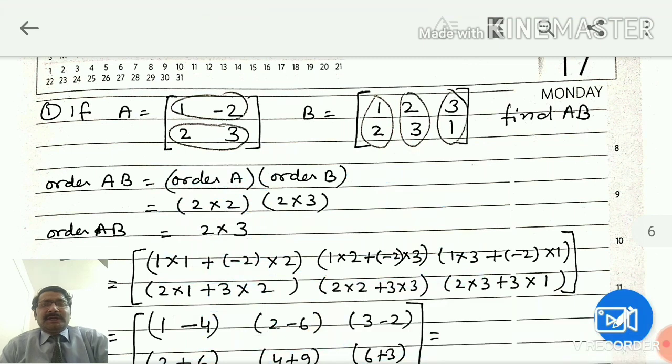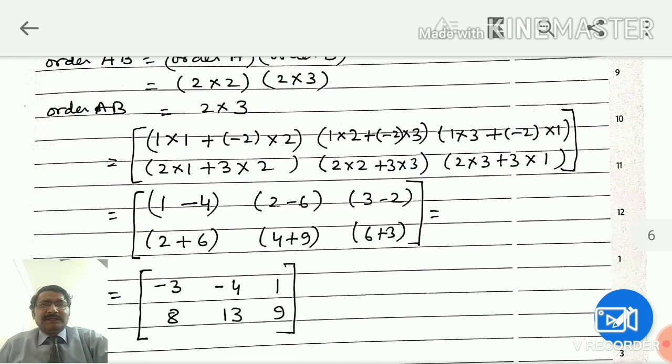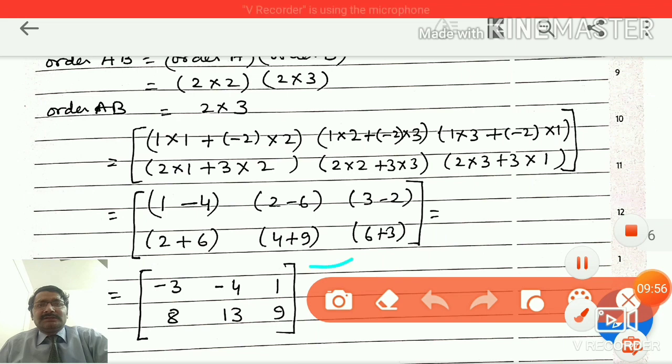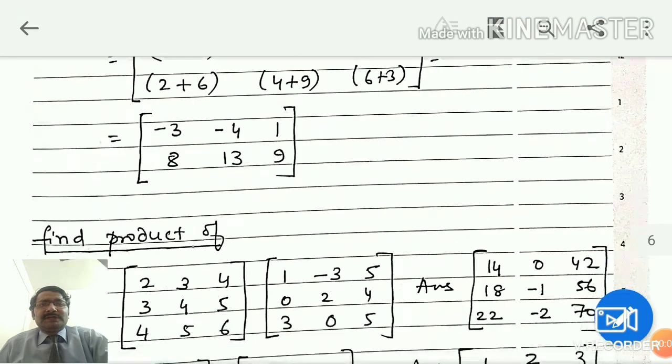Now you have to multiply. Multiply means the first row you will multiply by the first column, you will get the first element here. Similarly the second. So you will follow those rules and multiply. You will solve and you will get the last line, you can check this. Okay, so you will do practice for the multiplication.